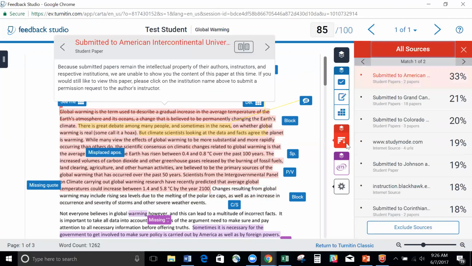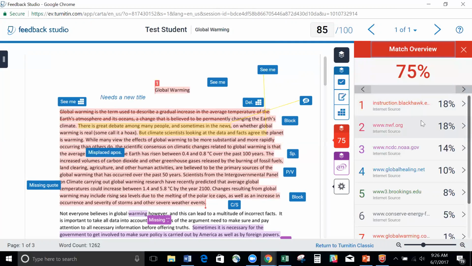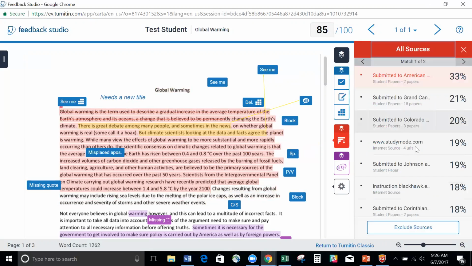So you also remember, I jumped to it a little too quick here. We have our match overview, which is all of our largest matches. You'll remember in the classic view, there was a little toggle button up here that allowed you to toggle from match overview to all sources view. So if I click on this 75 here, here's that other button called all sources. If I click on that, it's simply going to give us all of our matching sources